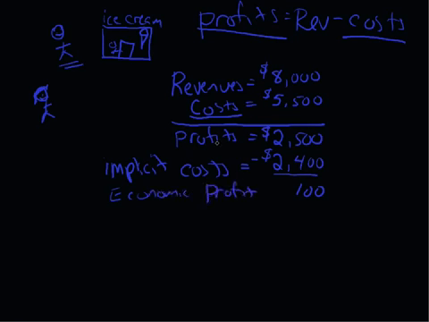So this is something else. This up here is the accounting profit, and this down here is the economic profit. What's the difference? We've taken into account the implicit costs. What else Steve could have made? This cost is what else I could have done. Now, in this case, I have an economic profit of $100.